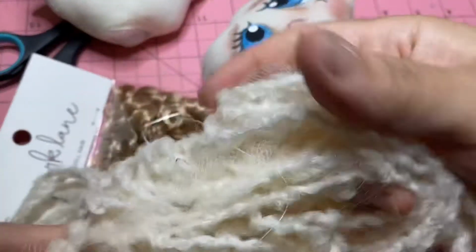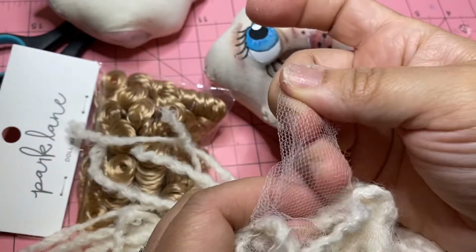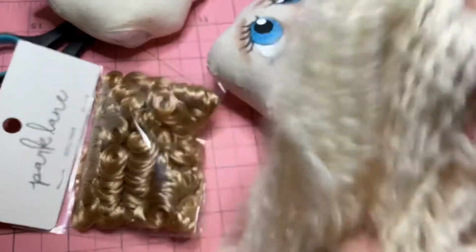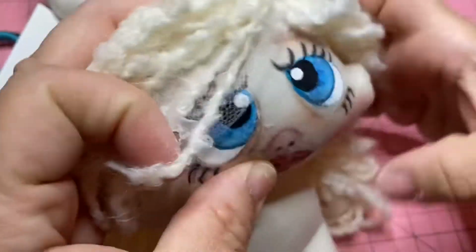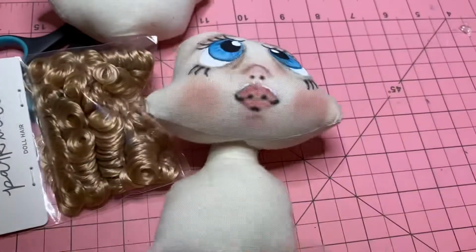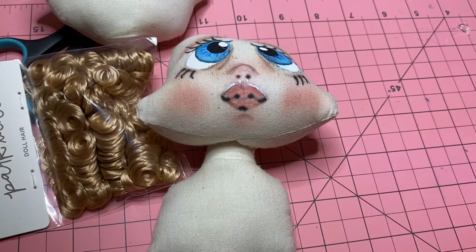This hair is yarn, which I actually sewed onto a piece of tulle. So this hair is going to get glued on as well if you were to use it. And look how cute is that. Okay, then there's this style of hair,